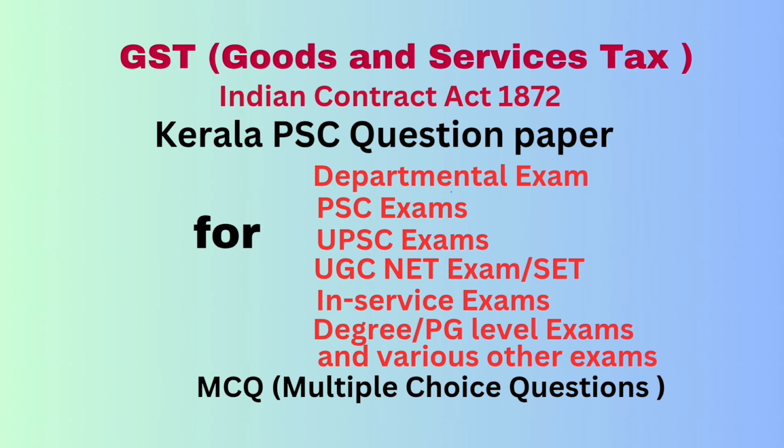Question number 70. Dash is the committing or threatening to commit any act forbidden by the Indian Penal Code or by unlawful detaining with the intention of causing any person to enter into an agreement. Answer coercion. Question number 71. As per the Contract Act, dash is a person employed to do an act for another or to represent another in dealing with third persons.